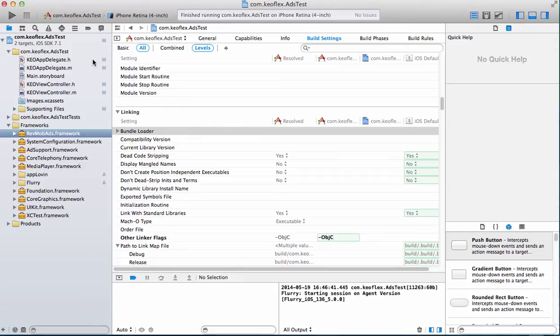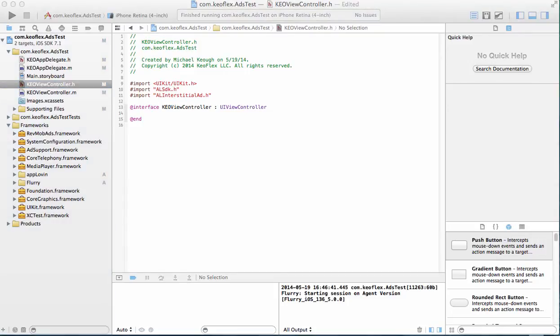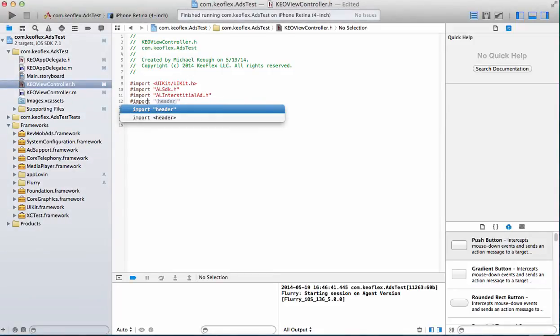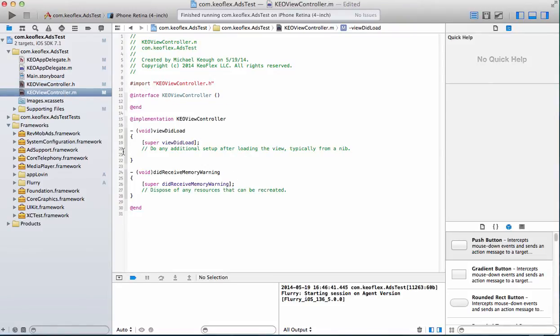So depending on where you want to add the Revmob ads, you're going to want to import them as well. So I'm going to go ahead and go to my viewcontroller.h. And let's go ahead and import Revmob. Next, we're going to go to our viewcontroller.m, and directly under the viewDidLoad section,